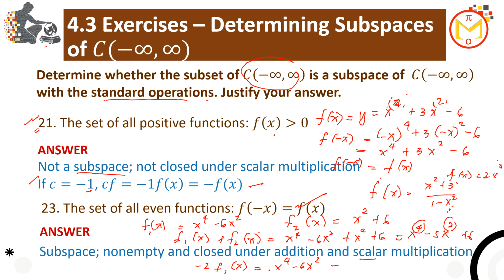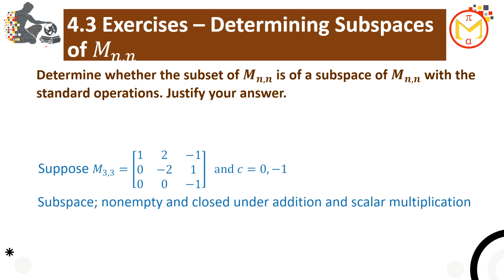So it will just become negative 2x raised to 4 plus 12. The exponent does not change when it comes to scalar multiplication. So it is a subspace, and it is closed under addition and scalar multiplication. What about if we have